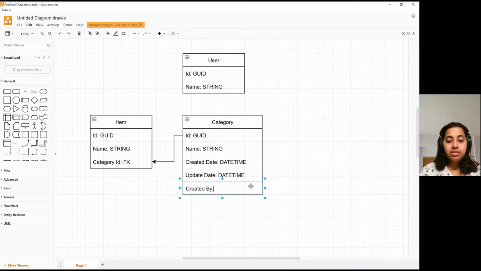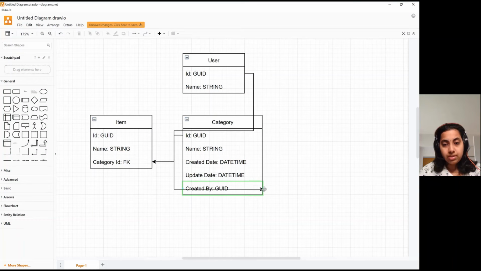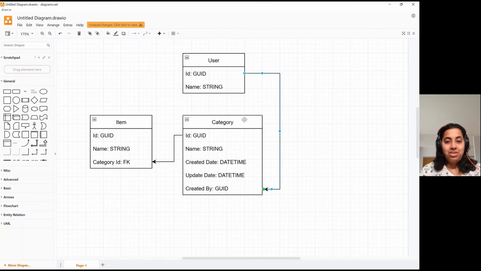And who will be the person? That's going to come to us from the user table. So this is the relationship that I'm going to establish here, which says this user of ID, again, 123, not a GUID, created this particular category. The same comes in for the person who updated it.